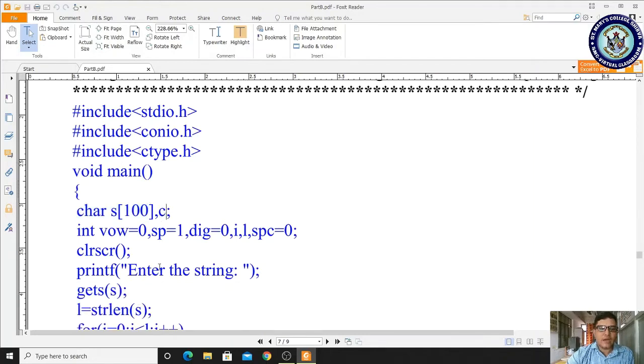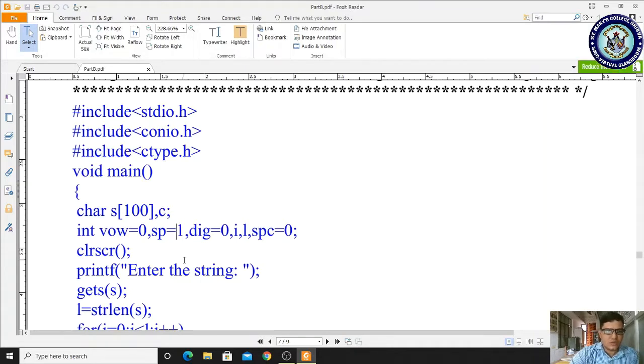And next we are declaring int vowel = 0, space = 1, digit = 0. The i here is for a compulsory looping statement, and l is to do some calculations, and here space = 0. So here we have declared two variables: one is for word and one is for space.